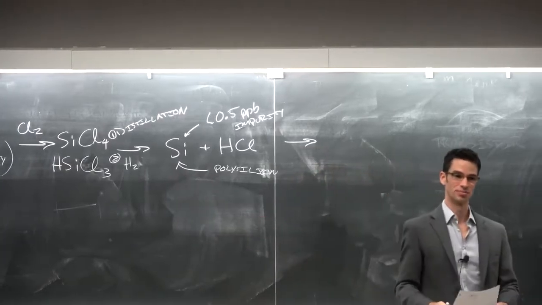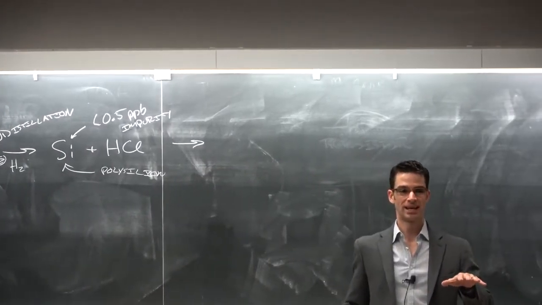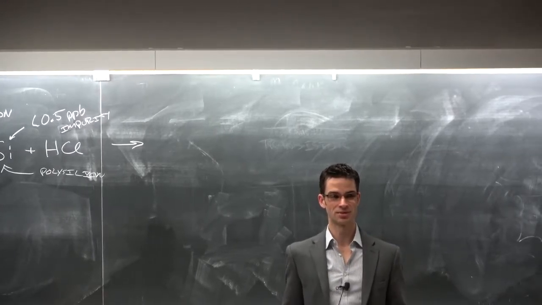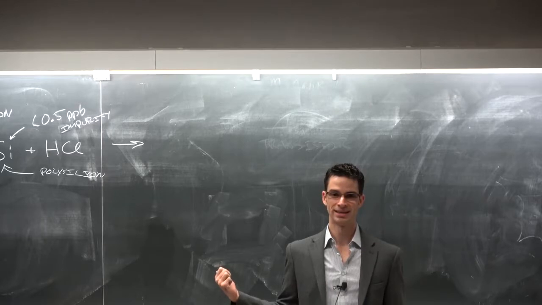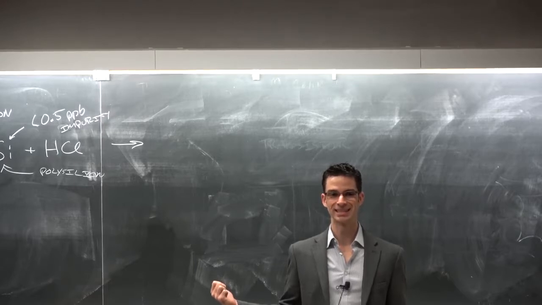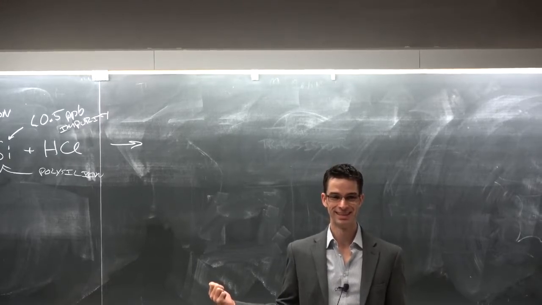A gigajoule is the amount of energy that goes through the Hoover Dam in a second. So a second doesn't seem like a long time, but that's a damn lot of water going through the Hoover